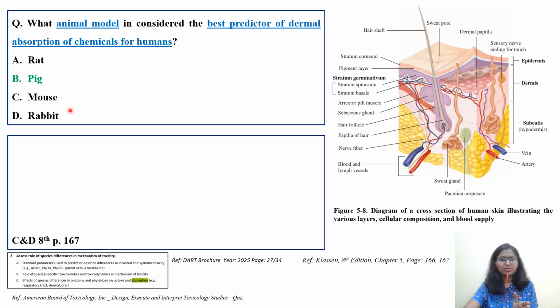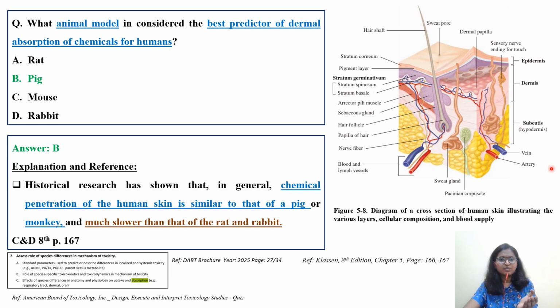So as we all know, all these, rat, pig, mouse, rabbit, are animal models to predict certain toxicological endpoints. Out of which we have to identify which is the best model for dermal absorption. As you can see, the answer will be in green. Okay, the right answer is option B, and the explanation and reference given by the American Board of Toxicology